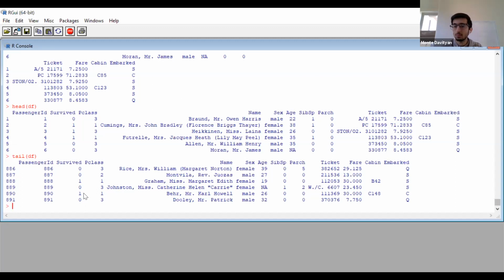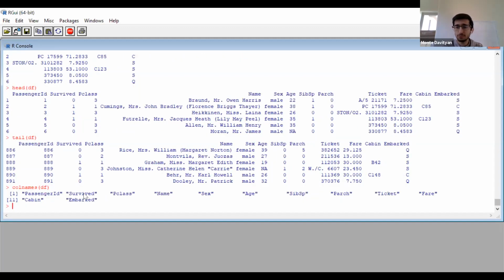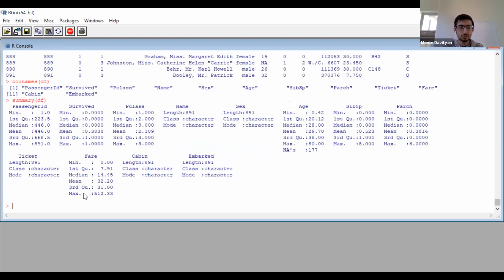We want to print out the column names now, just like we did in the Python version. We'll do colnames of df. This is a little bit different. Python was df.columns. This is colnames of df. And this prints out exactly the column names. If we wanted to print out a summary of what our data looks like, just type in summary of df. And this prints out the minimum, median, mean, maximum, the different quartiles,